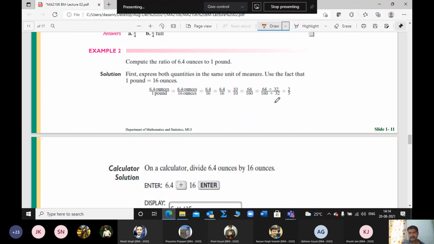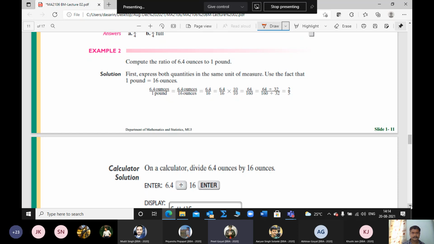Here we may get a bit of confusion. How can we know that we should be dividing with 32, the highest common factor? Forget about that. 64 divided by 160, that much is enough as far as the basic part is concerned. But still, we can use the 2 table for 64 and 160. We'll cancel out to get 32 divided by 80, and again 32 divided by 80. We can still cancel with the 2 table. That way we can simplify and get the answer as 2 divided by 5. Right? Can I move forward?